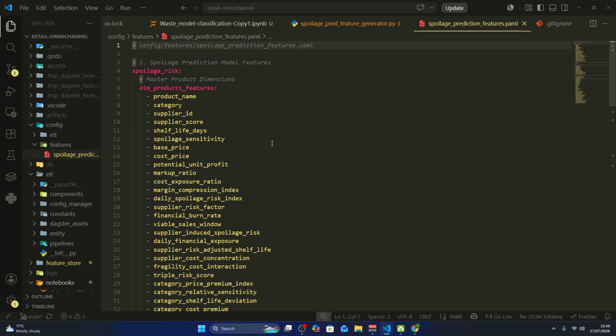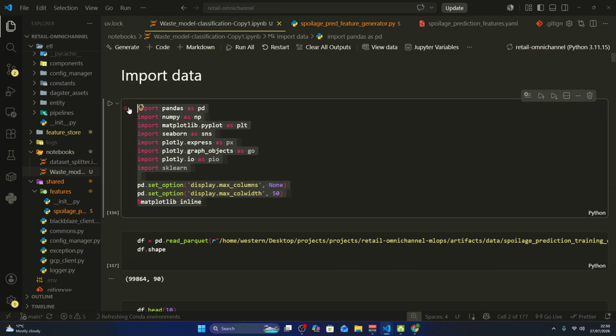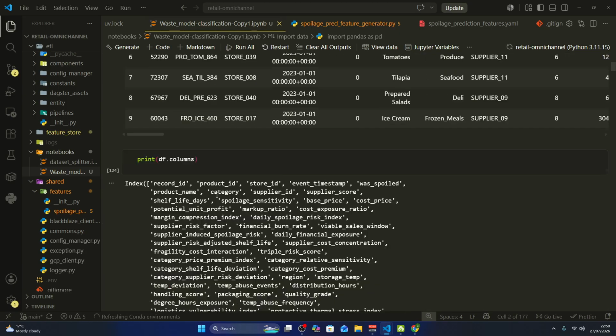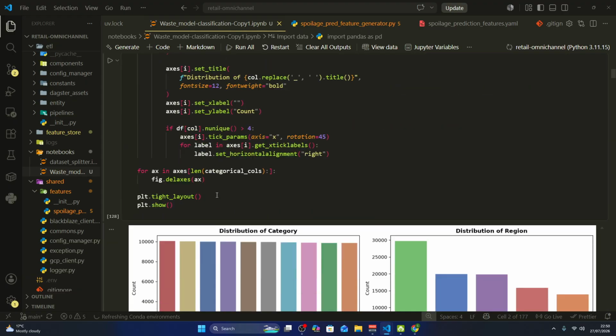So today I will be focusing more on the exploratory data analysis. Then in the coming day, I will look into the model building. So let's look at the exploratory data analysis. As usual, the first thing, again, is that you have to import your data, and import all your